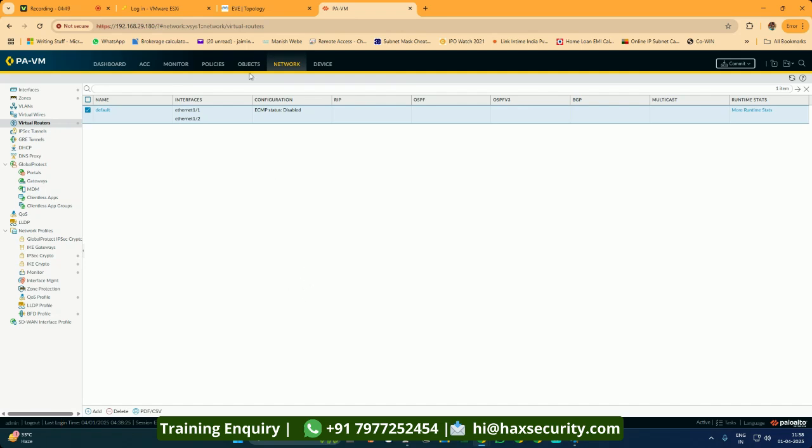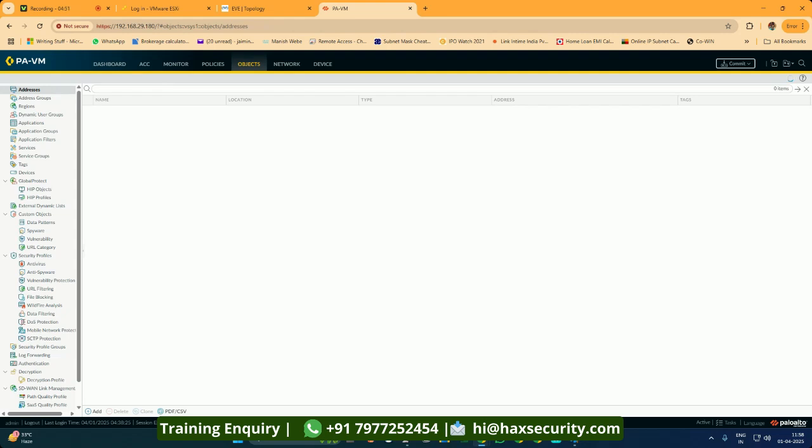Okay. Object, what is object? So object is your reusable entity that represents a set of IP address, network, services or protocol. So this is actually simplifying the firewall rule management by allowing admins to group and apply security policies efficiently. For example, I have created this HR object for this network 10.0.0.0/24. It means